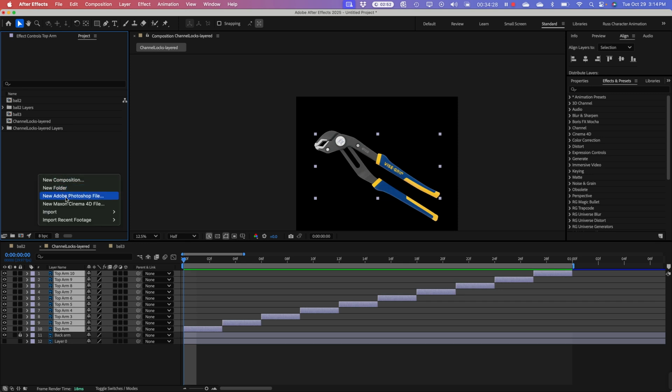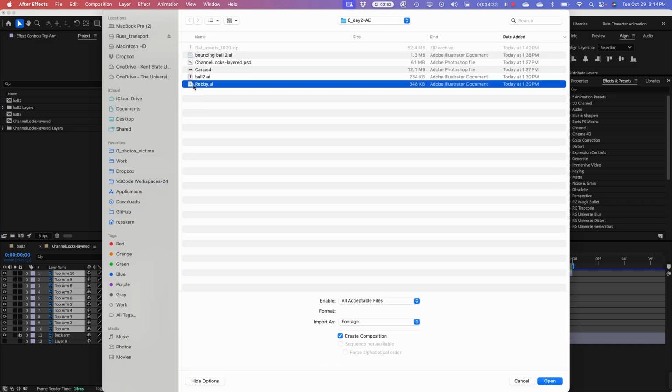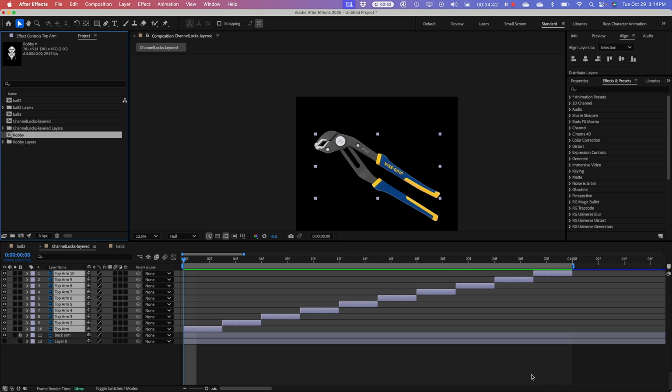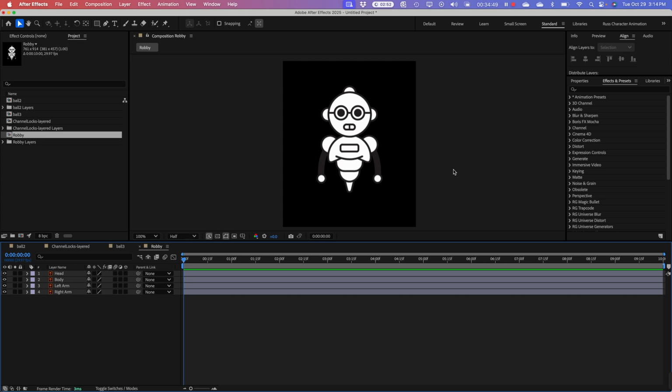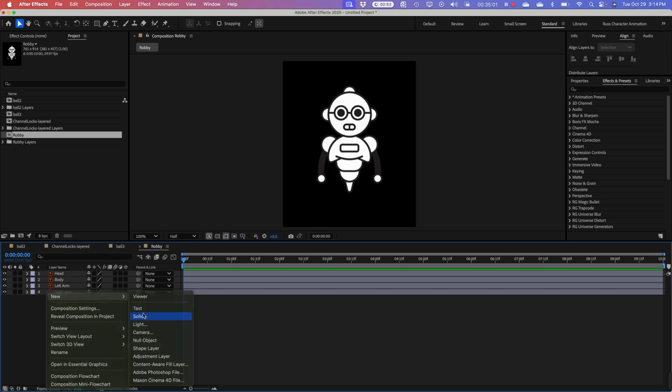So I'm going to import. There's the Illustrator file, Robbie. Make sure that I retain my layer sizes. And if I open this file, this composition up, kind of small. That's all right. I want to be able to see this better, so I'm just going to right click down here in my timeline, go to New, Solid,